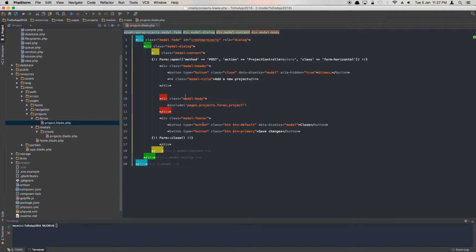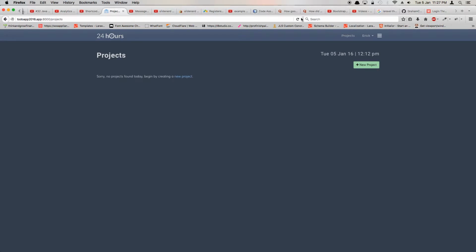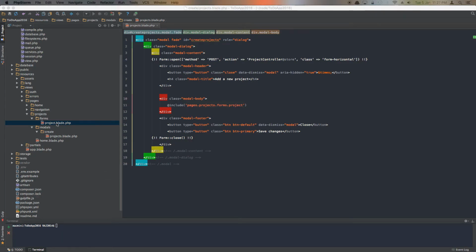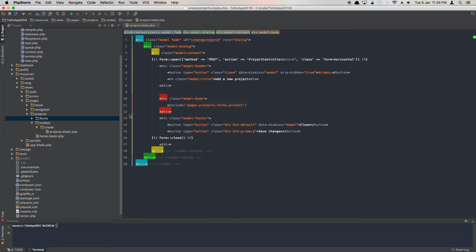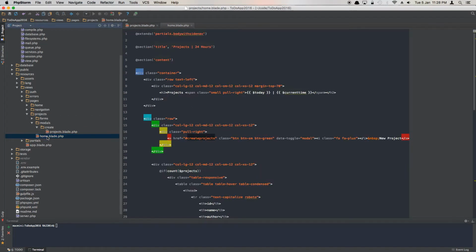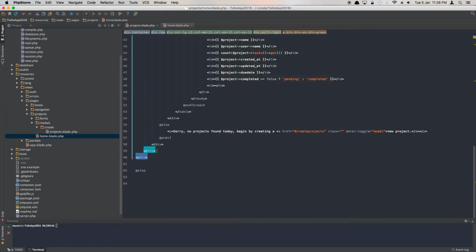And after we do that, maybe we should go back in the browser and see if it works. Just refresh it. It won't work right now because I haven't really included it. So the form is okay, the modal window is fine, but we haven't used this modal window in our home blade file, because the modal window has to be present in one of the views. So what we'll do is include it at the bottom. We'll say